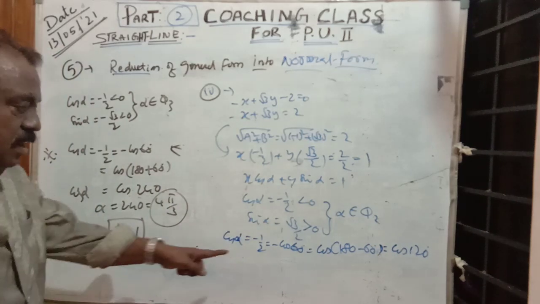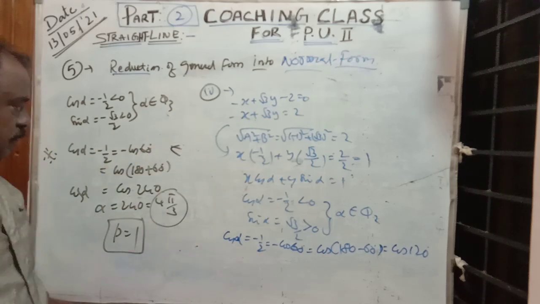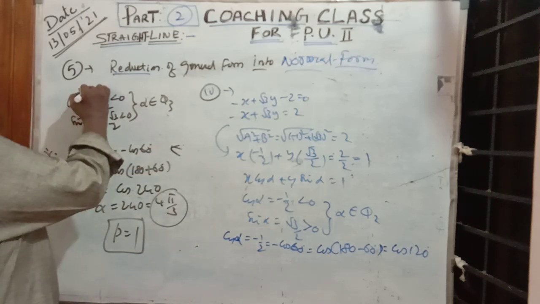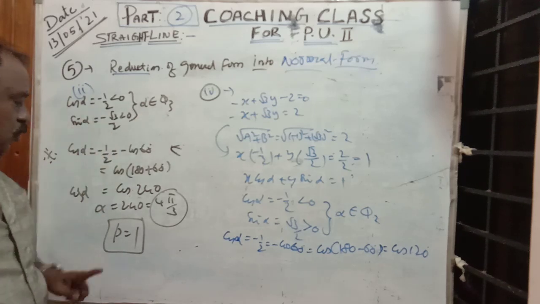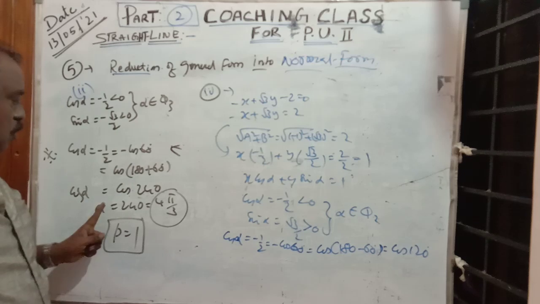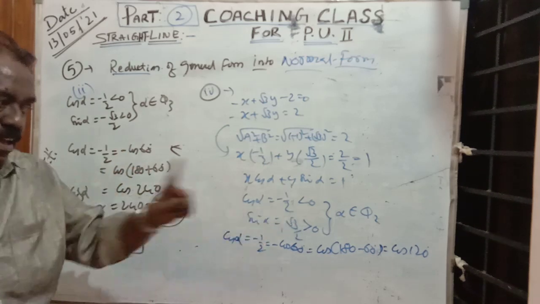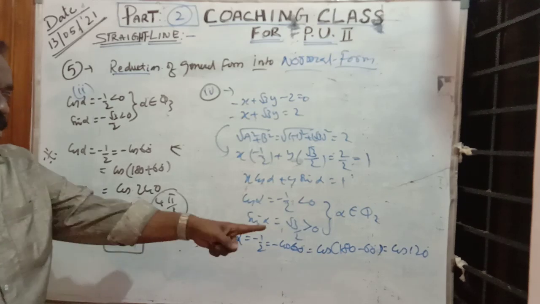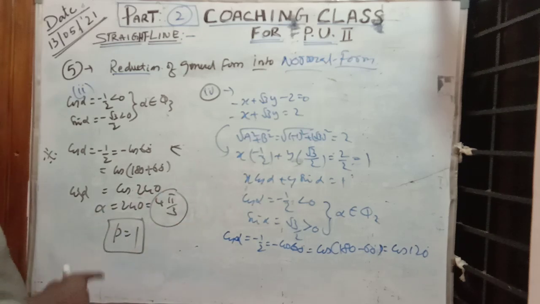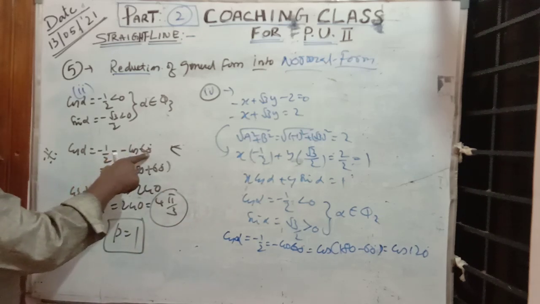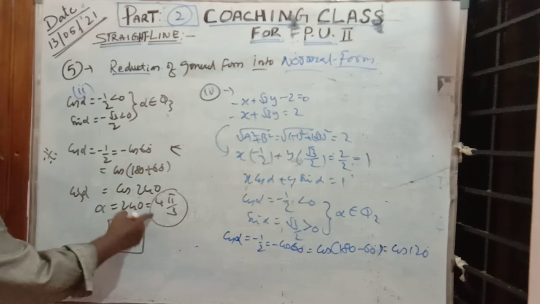Now, in the second example, this one, this is the fourth example. This is the second example. Don't confuse now. In the second example, alpha must be Q3, quadrant 3. So like this, the same minus cos 60 can be written as 180 minus 60, that is cos 120. It is in the second quadrant. Whereas the same minus of minus cos 60 can be written as cos 240, 180 plus 60, because it is the third quadrant.